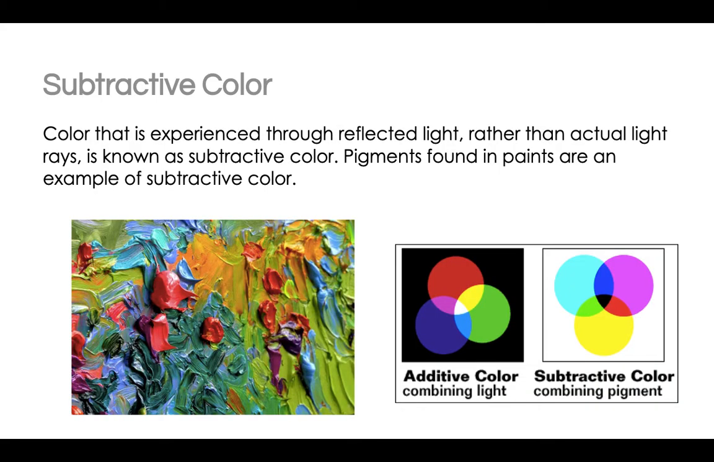In this course, we are mostly concerned with subtractive color, color that is experienced through refracted light rather than actual light rays. Pigments that are in paint are examples of subtractive color. The primary and secondary colors for subtractive color are different. The primary colors are red, yellow, and blue, and the secondary colors are orange, green, and purple in subtractive color. When you mix them all together, you get something that looks kind of like a muddy brown or black color,